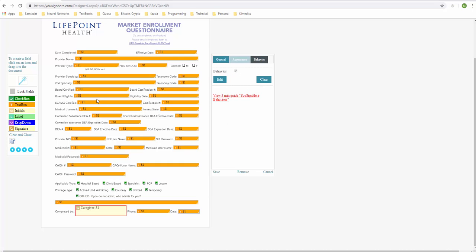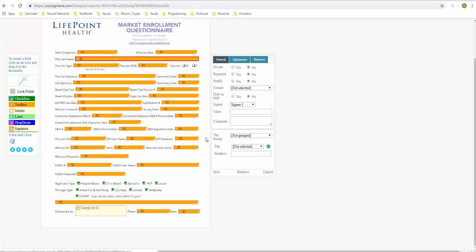All right, so let's start to configure the fields for the distribution. When we click on any field, we can go to the field editor here, and we can change the properties of that field. This is apparently a provider name. So let's say we send this document or template to the caregiver for filling out, and we really don't want them to be able to sign the document without the name being entered. So we'll say that we want this field to be required, and that means that they would be unable to complete it until